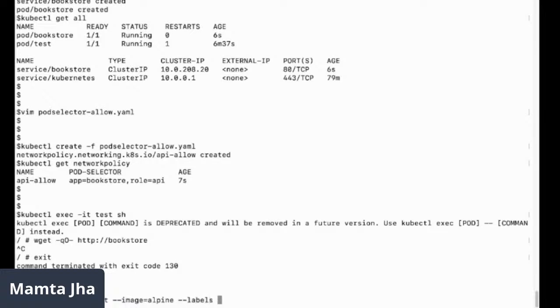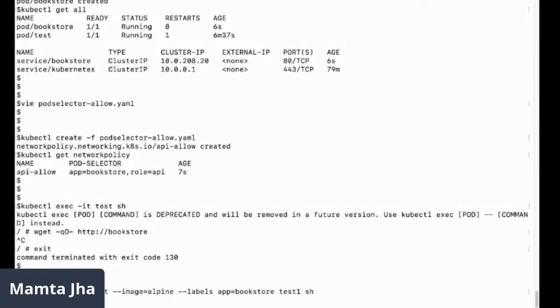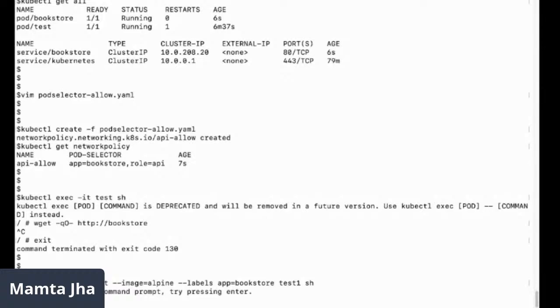Image Alpine, labels app equals bookstore. I want to expose, or no, for this I don't need a service. So there's no point exposing it. Let me say test one, and start a shell process in it. So the pod name is test one. It is labeled as app bookstore.